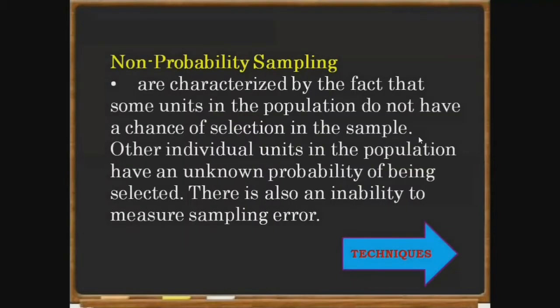What is a non-probability sampling? It is characterized by the fact that some units in the population do not have a chance of selection in the sample. Other individual units in the population have an unknown probability of being selected. There is also an inability to measure sampling error. So meaning, when you get sample data,